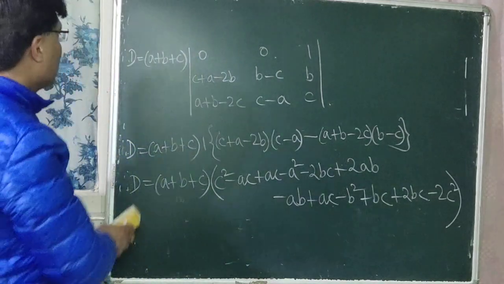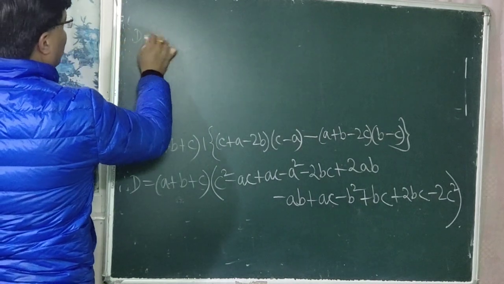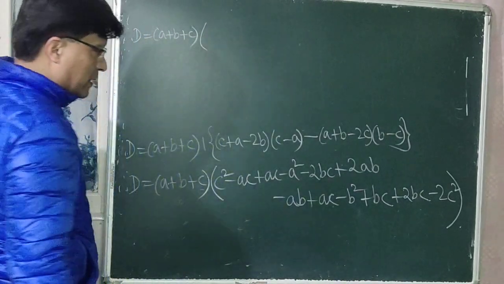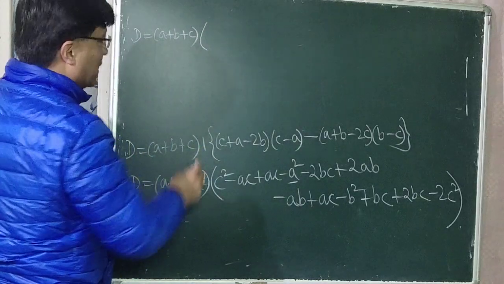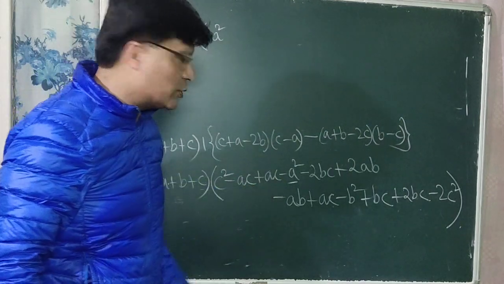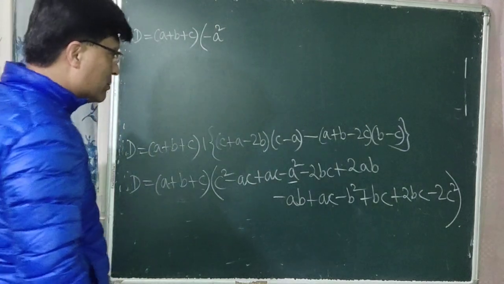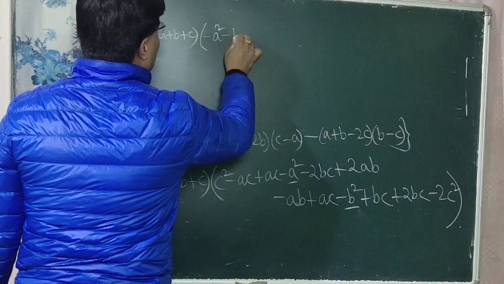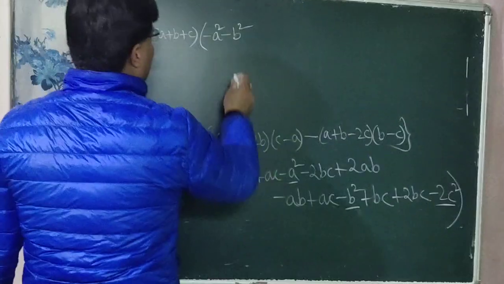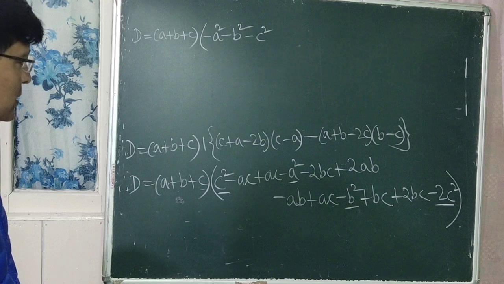So now let us simplify it again. Therefore D is equal to, it is A plus B plus C, right? Now let us write down, this is minus A square. This is the only term I think. Minus A square, sorry. This is minus A square, right? Then comes minus B square. This is the only term here, minus B square. Then comes this C square minus 2C square. How much is it? Minus C square, right? Then what will you write? Next step,